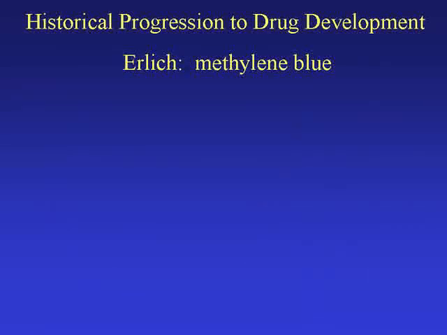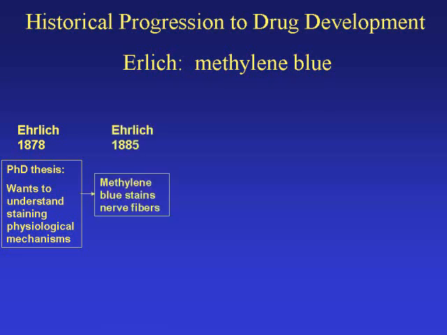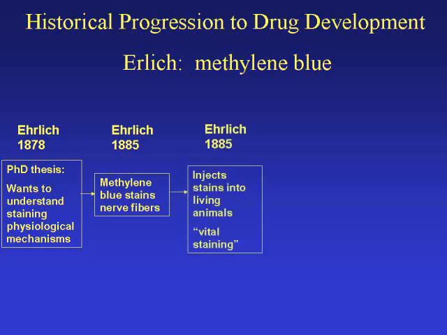Now we'll try to summarize more than a decade of research by Ehrlich into just a couple of slides. In the late 1870s, Ehrlich wanted to try to understand the physiological mechanisms of staining as part of his PhD. He noticed that methylene blue stains nerve fibers. By 1885, Ehrlich was injecting stains into living animals, not just post-mortem. This so-called vital staining he felt would increase the quality of stains and allow him to better understand the physiological